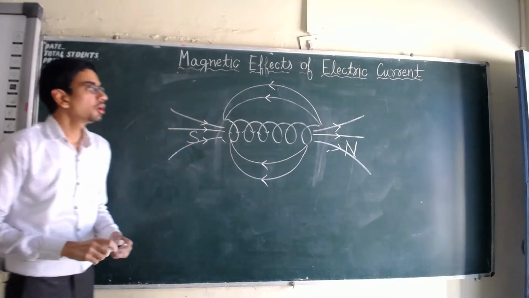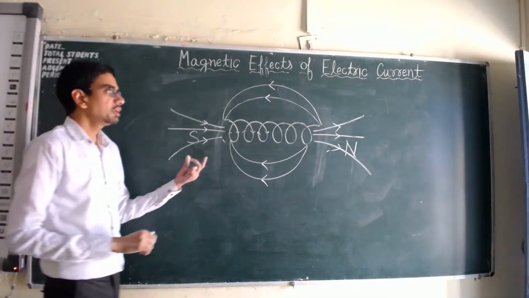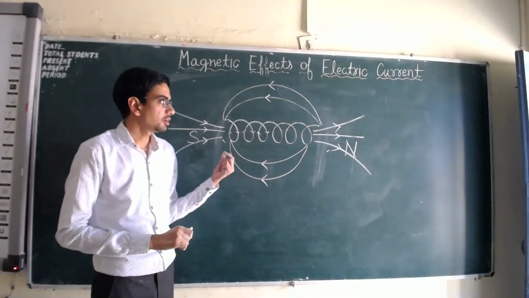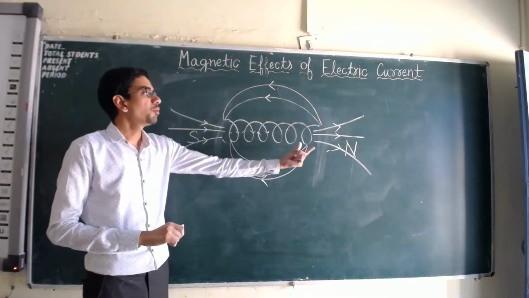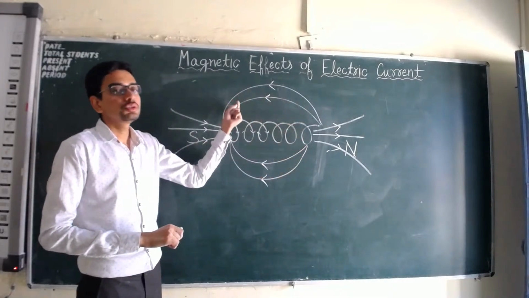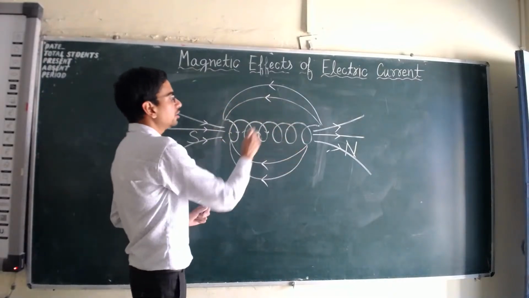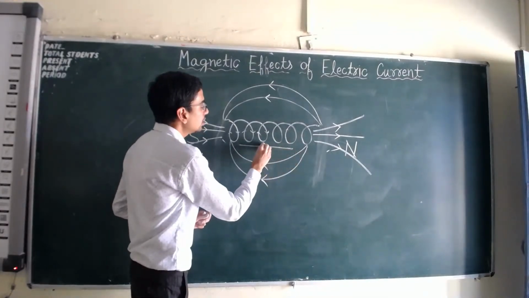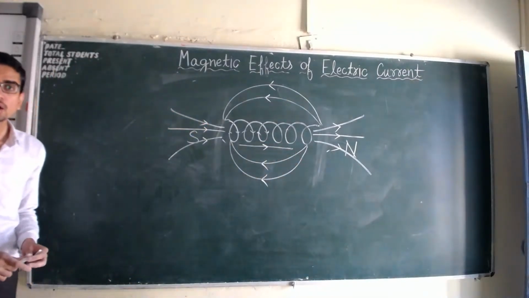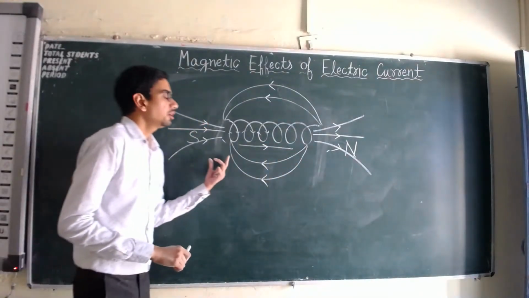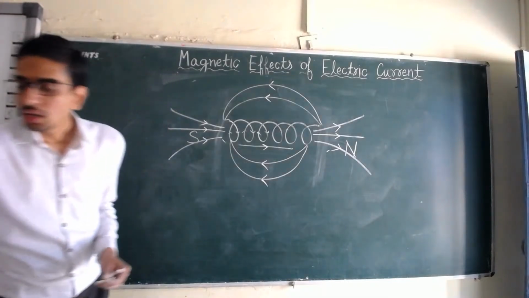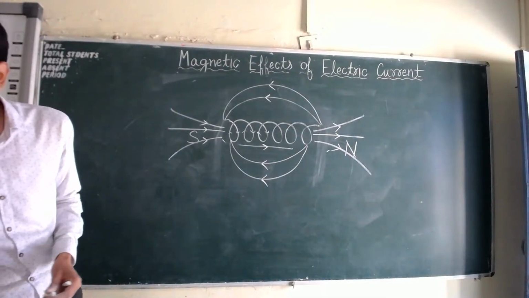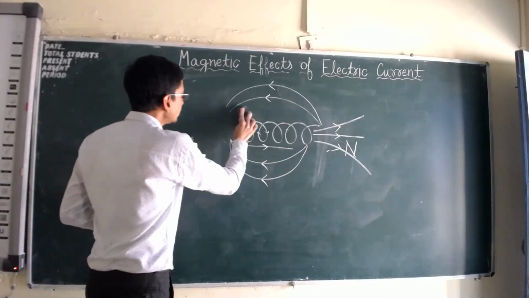Okay, so that's how you can draw the magnetic field lines around the solenoid. You simply have to find out the poles and the same rule which you follow, north to south you can draw, and inside it will be south to north. Okay, so that's how you can draw magnetic field lines around a solenoid. If I change the direction of current